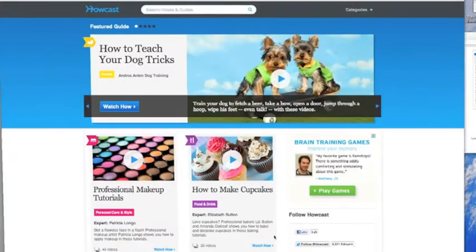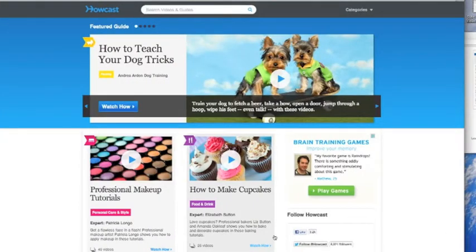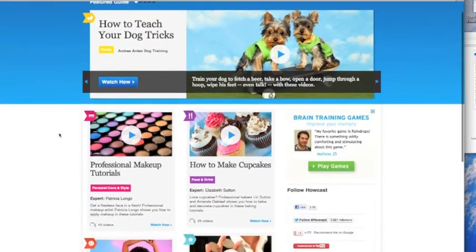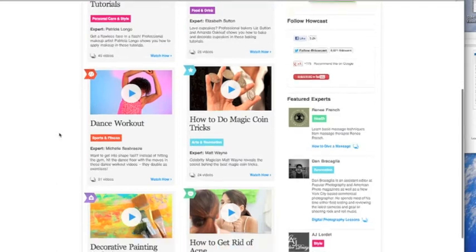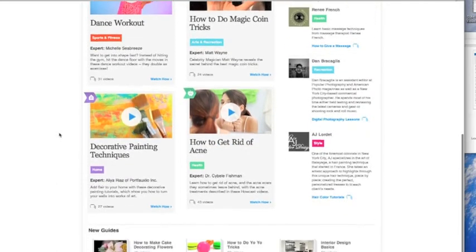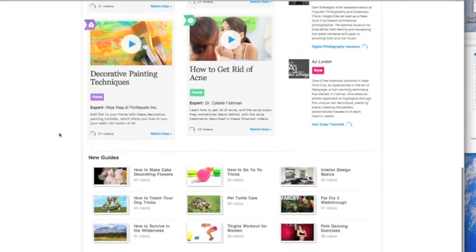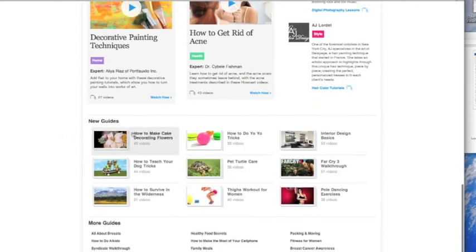The other option, a little more creative, a little more different, is to create a how-to. You can create a traditional how-to based on writing text, or if you want to play around with multimedia, go to howcast.com and maybe create a little video how-to. And again, you need to talk to people who are experts in it. You can look at some of the options they have available on their website as of the day I recorded this. So if you wanted to show how to make cake decorating flowers, talk to an expert, someone at a bakery, and do a brief couple-minute how-to video.